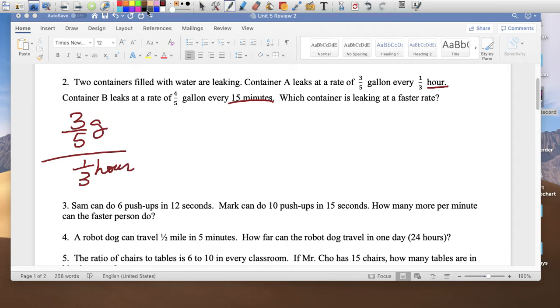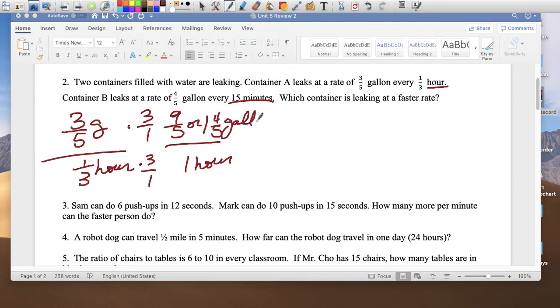This one's easy. So change the unit rate. We're going to multiply it by 3 over 1. Multiply this 3 over 1. So in 1 hour, over here 3 times 3 is 9. So 9 over 5, which is the same thing as 1 4/5. So every hour, it's leaking 1 4/5 gallons of water. So that's the first one. The second one says leaking 4/5 of a gallon